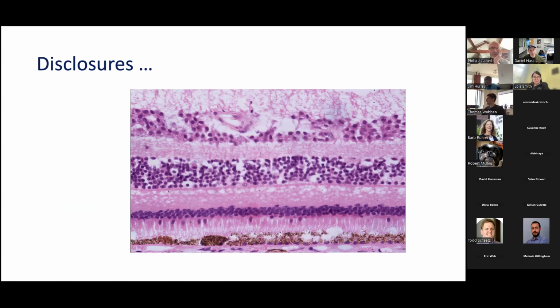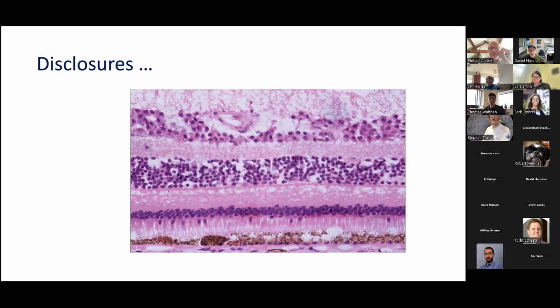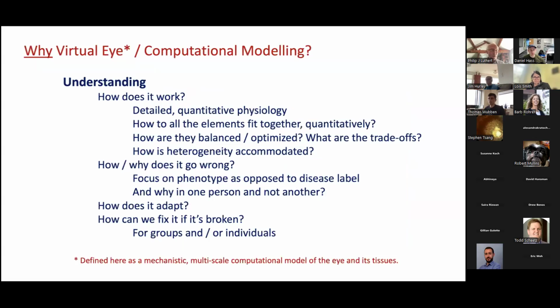But a long time ago, as a pathologist, I became intrigued by how on earth all the different cell types in a tissue interact with one another. And then when we impose disease on top of that, how do the adaptations that all of those different cell types make act themselves out? And it seemed to me that although it's fun to make up lots of stories, the interactions are so complicated that maybe we need to model.